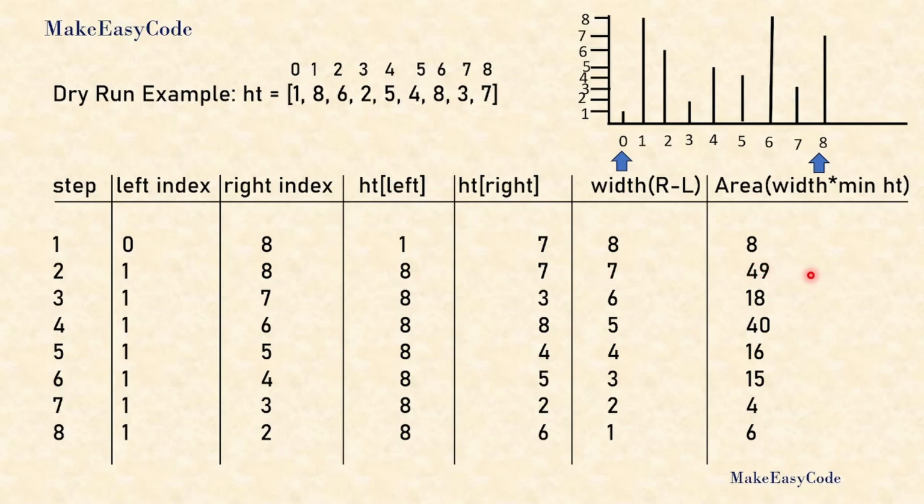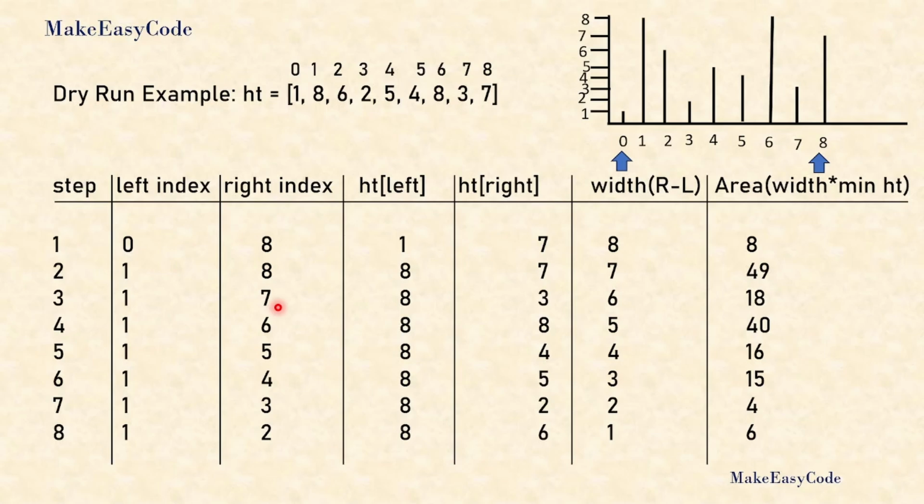Okay, hope you understand up to this. Now this arrow will go backward, minus 1. Why? Because this time the right height is less than the left height. So in the next step, our left index will be at index 1 and right index will be at index 7,